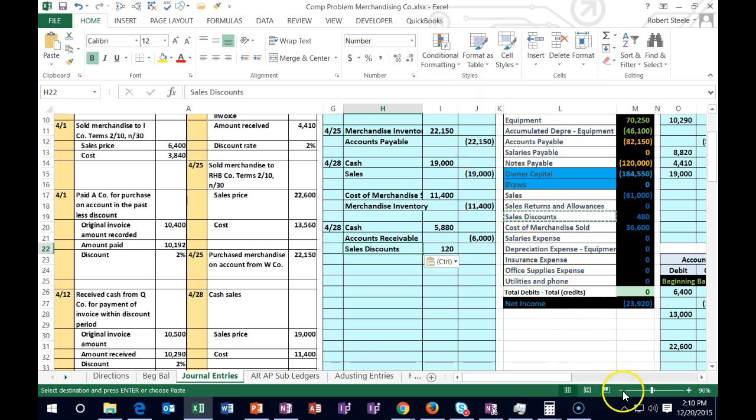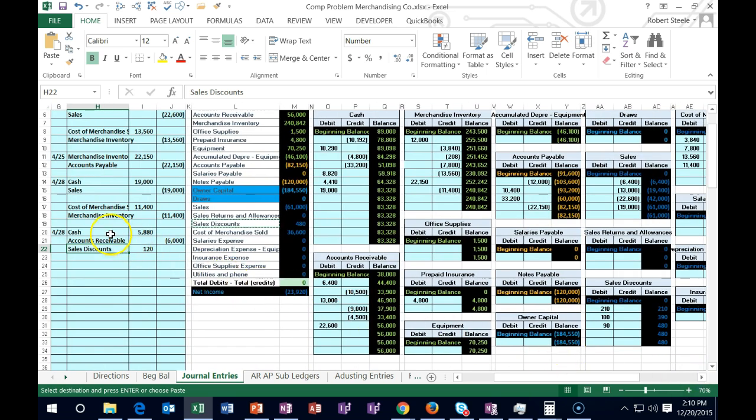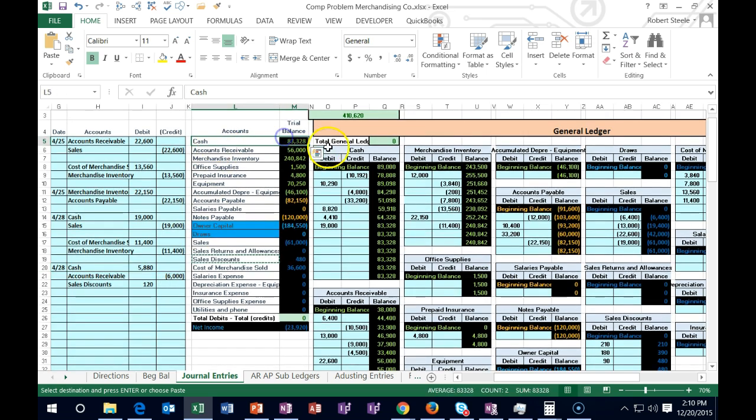Going to make this a little bit smaller, back down to 70 so we can post this out. I'm going to scroll back over here. First account being cash. Cash will be our first account on the trial balance, first account on the general ledger. Here it is down here. We're on the debit